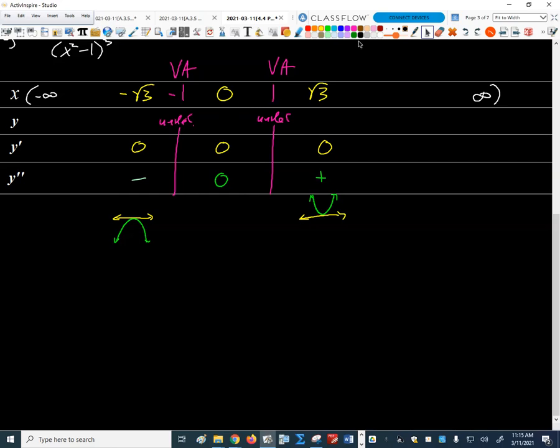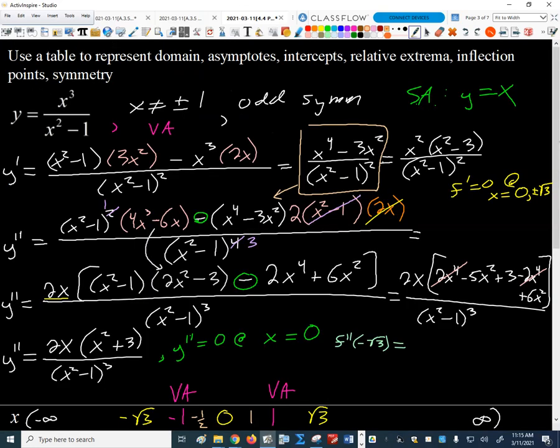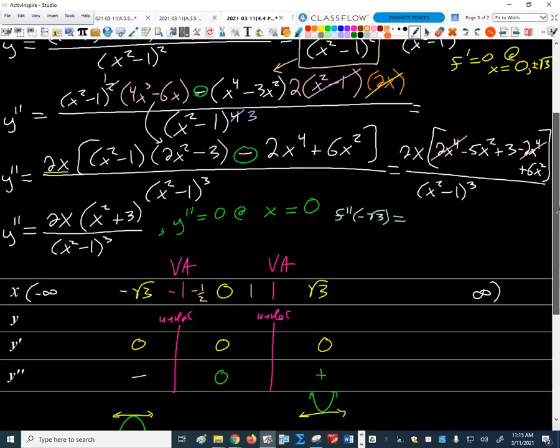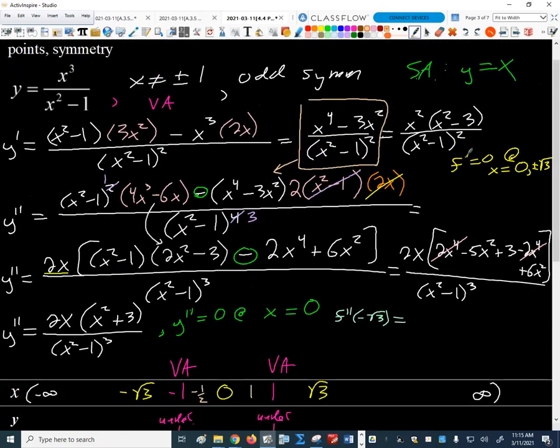So we'll pick something like, for example, how about if we pick -1/2 and +1/2, something like that. And we're just going to test the signs of the first derivative there. Okay, well, here's our first derivative in factored form, right? So let's do a quick little calculation up here then. If that's our first derivative in factored form,